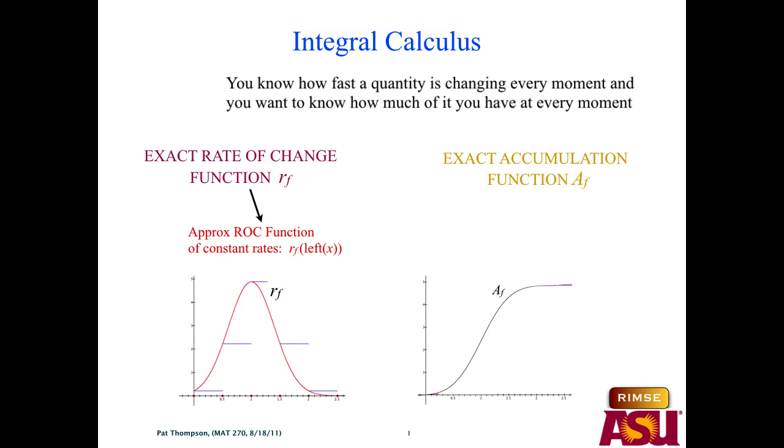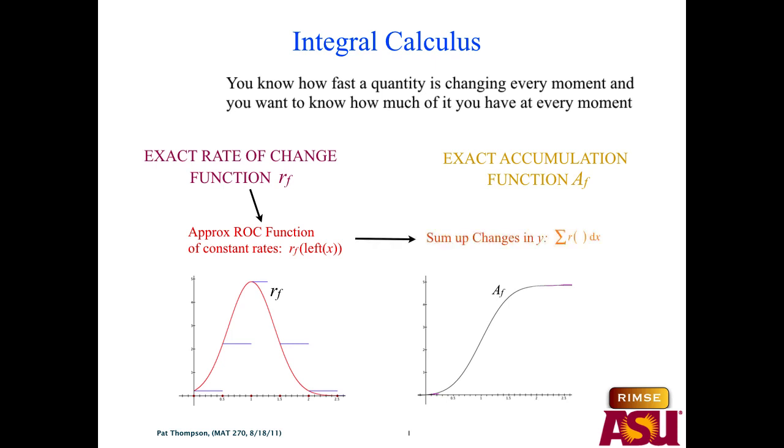And use the rate at the left end of intervals. You could also do this at the right end of intervals. It doesn't make any difference. We've just used left instead of right, because you can pick either one and it works out the same. When you have extremely small intervals, the rate value at the left and the right of the interval are going to be approximately the same. So